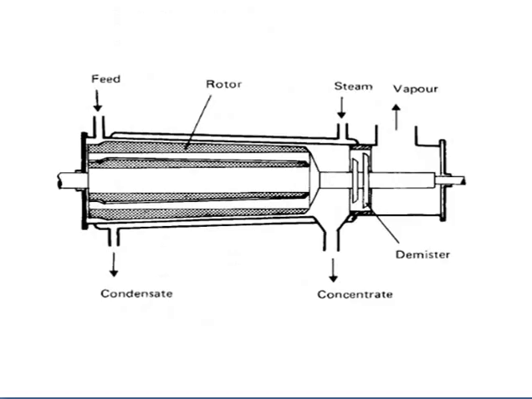Now this one is again the scraped or thin film evaporator, and this is the horizontal version. We are feeding our food from this section. This one is the rotor, which will rotate, and we are going to collect the condensate from this section. This is the steam, the outer jacket of steam we are providing. So the same phenomenon will be going on as in the vertical section.